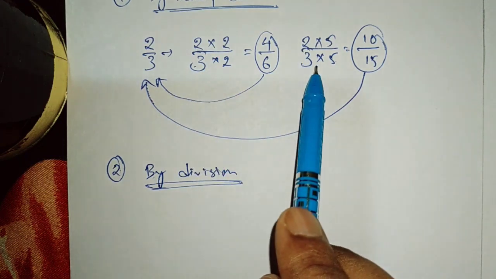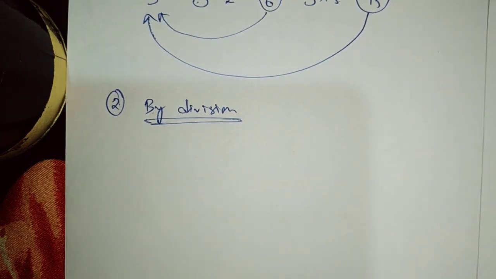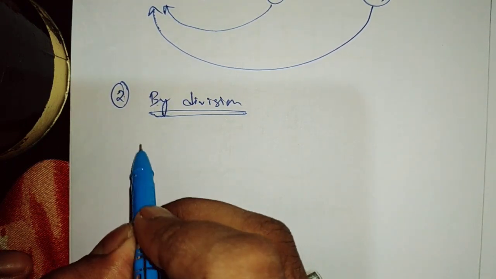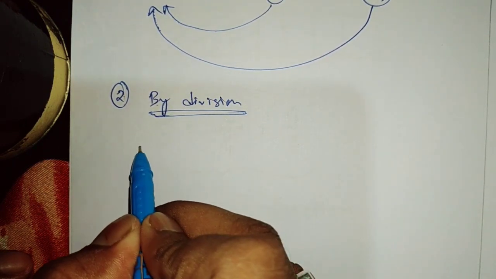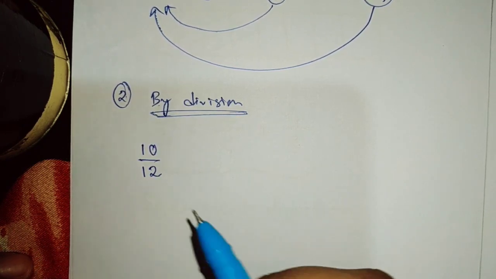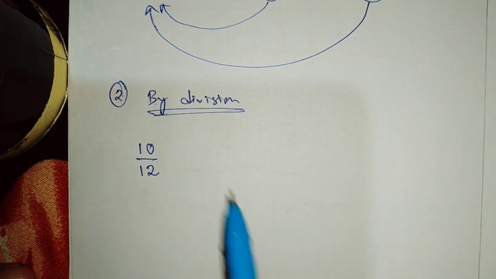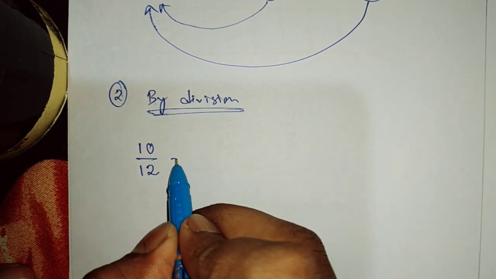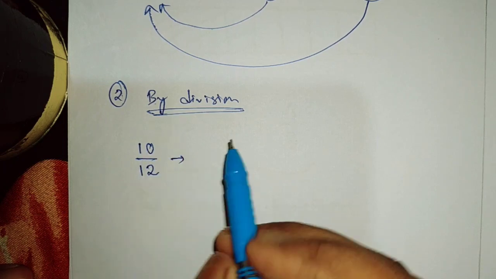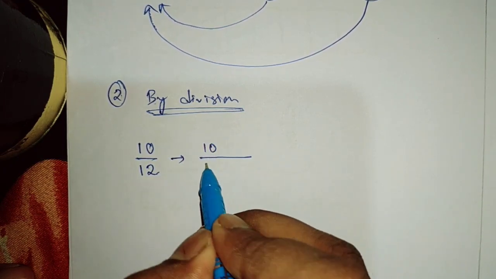Like here we have done multiplication and there we will do division. Okay, suppose our fraction is given as 10 by 12. Okay, so 10 by 12, if we have to find equivalent fraction by division, we will divide 10 and